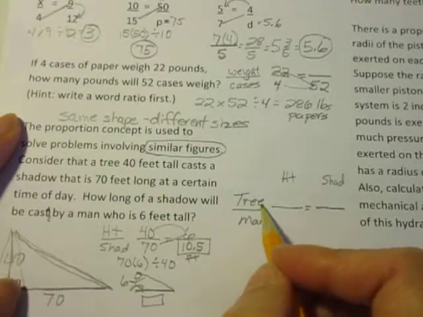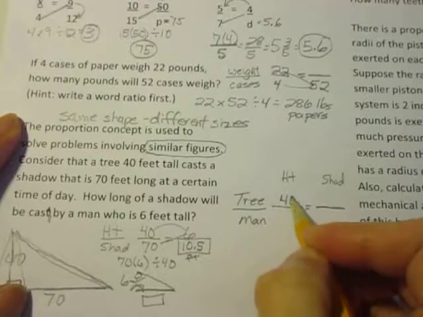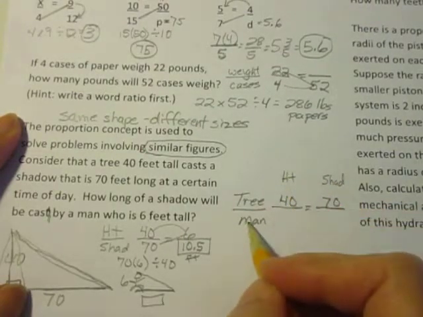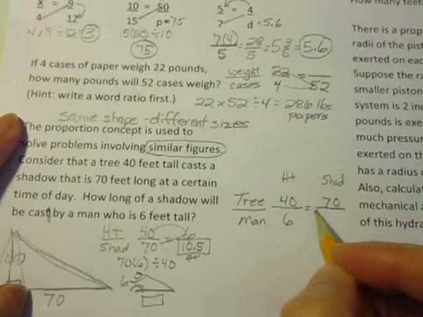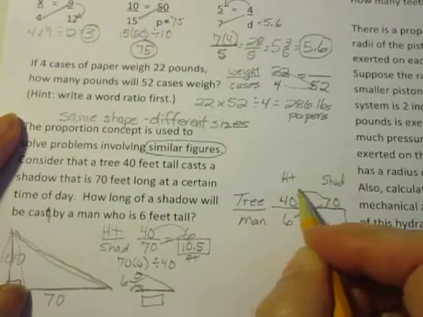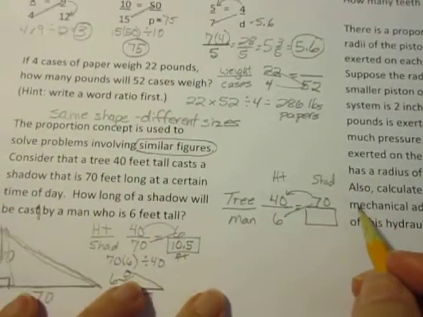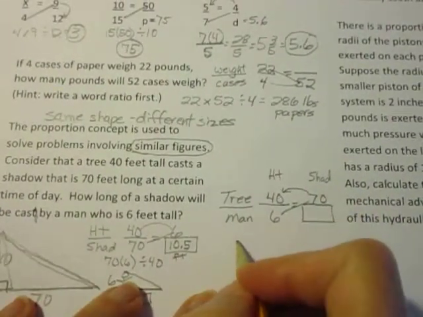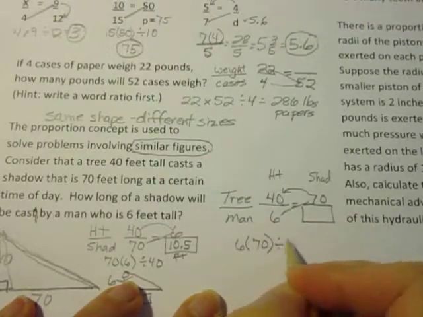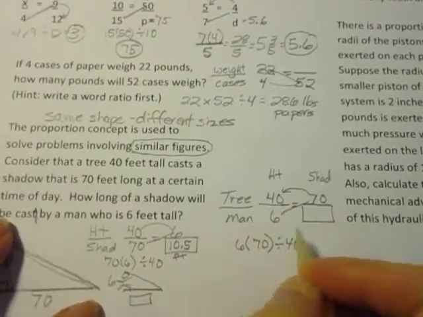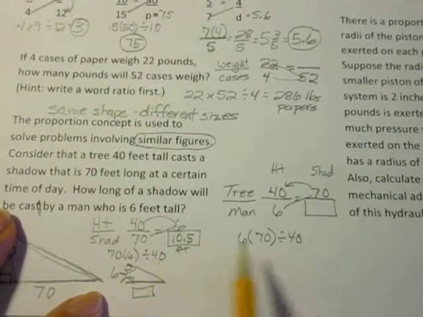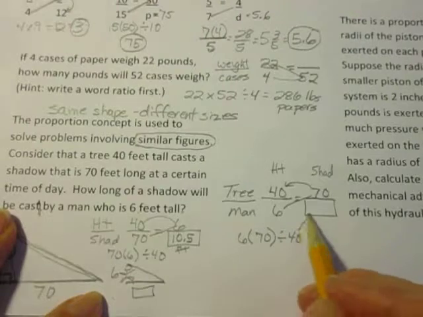So the height of my tree was 40. The shadow of the tree was 70. The height of my man is 6, and I'm trying to find the shadow. So I would cross multiply and divide. And if I look at what I'm plugging in here in my calculator, again I'm saying 6 times 70 divide by 40, which is really similar to 70 times 6 divide by 40. Should get the same answer